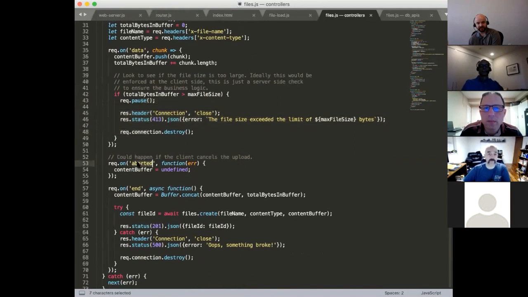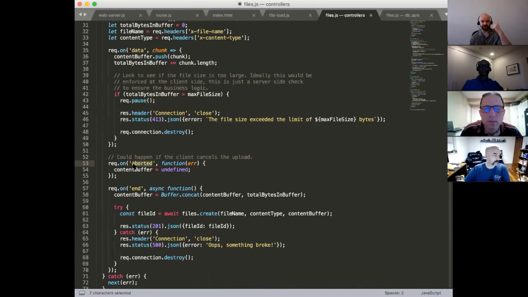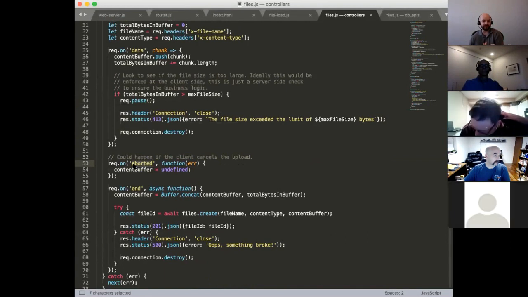Another one is aborted. Basically, if I start an upload and it's a large file from the client to Node, and I just refresh the browser, essentially what I'm doing is canceling that XHR request, and I can detect that event here and handle it as needed. So I built in some of that logic. If you did have a very large file, you might want to either take an approach like this or go ahead and switch to the streaming APIs. Then each call is going to be a smaller chunk and a bit more manageable than trying to move something really large all at once. And we'll cover that in the future.